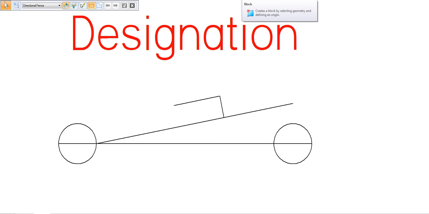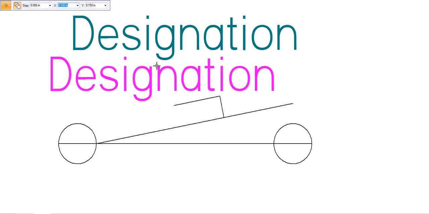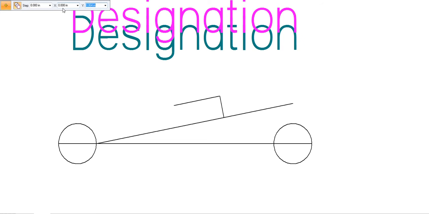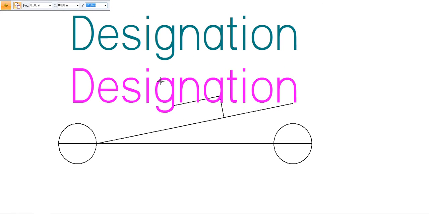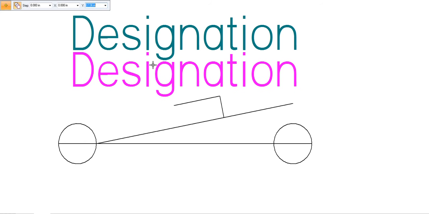Now I want to define another one. I can also copy this one. Let's go that route so we'll have in the video both ways of doing it. I can choose move with copy and pick this. I can move it straight down and notice it's wiggling side to side. I can constrain myself by putting 0 in on the X coordinate, and it will only let me move vertically, not horizontally. So I can copy this block label